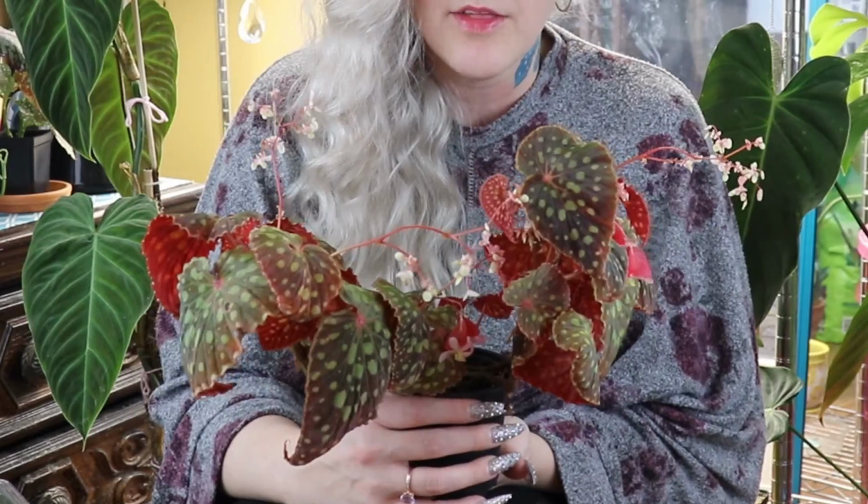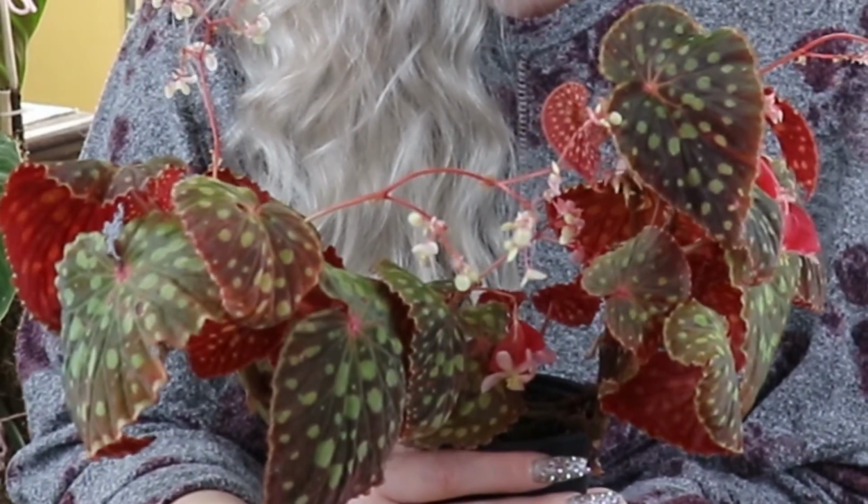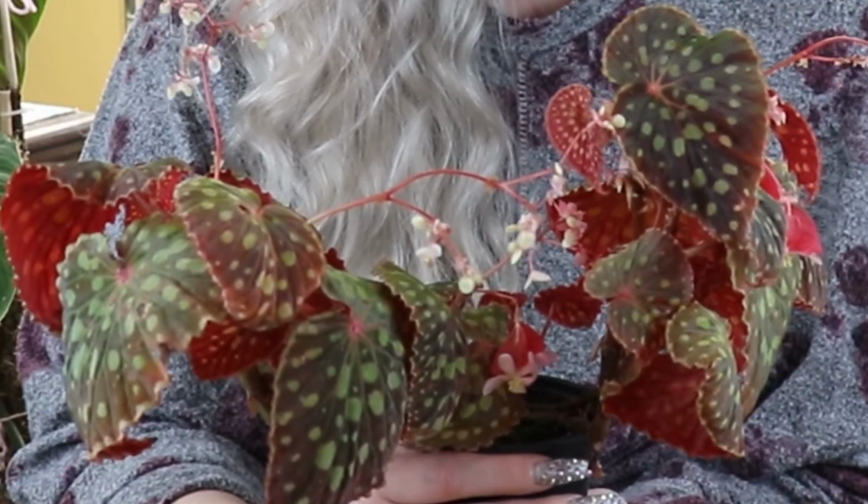I hate to say it, you guys. The pattern on the leaves of this plant is absolutely amazing. I think the first time that I fell in love with begonias was when I was looking at a picture of a Chlorosticta. I hope to definitely expand my collection in the begonia department and find some more terrarium type begonias, and I've just picked up a couple of brand new terrariums used from a local pet store,